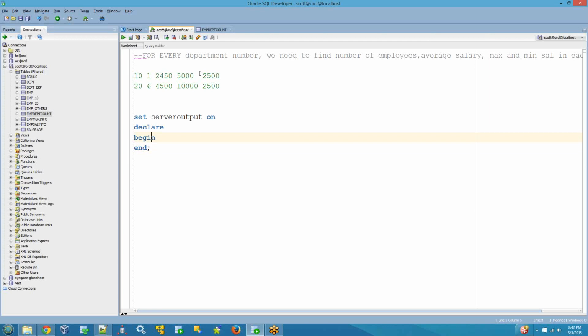For every department number, I need to find the number of employees, average salary, maximum and minimum salary in each department. How can I write this program? I need to display it. How? For I in select star from employee, loop and end loop. Next, if I dot department number is equal to 10, then